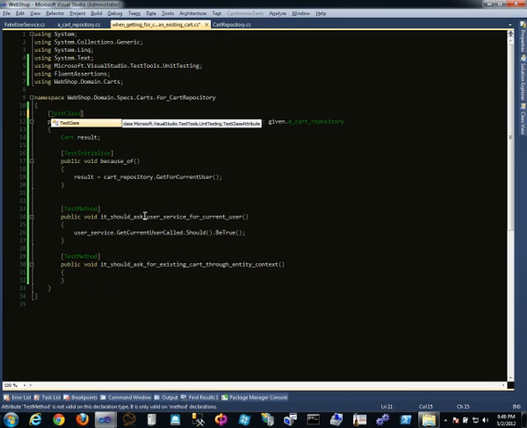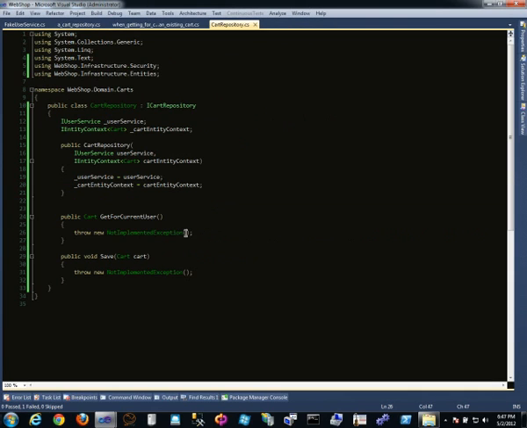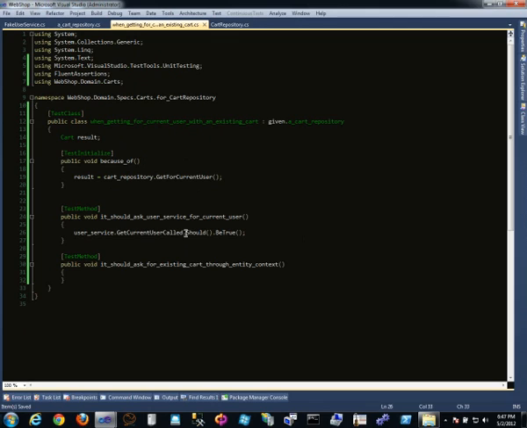Test class, sorry. And of course that's not implemented yet. So what we can now do is return a null because we're not specifying that yet. So we can get the user, current user being the user service dot get current user. And let's see if that's okay. And it passed. So we've just specified the interaction between these two systems